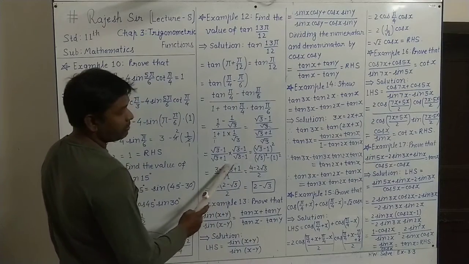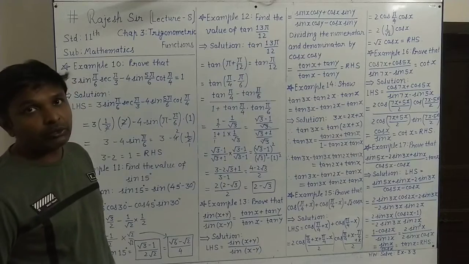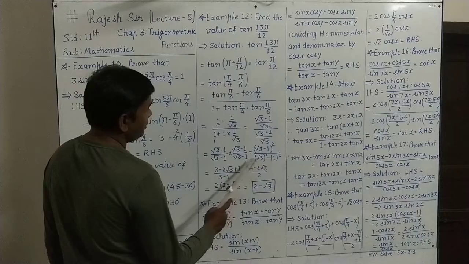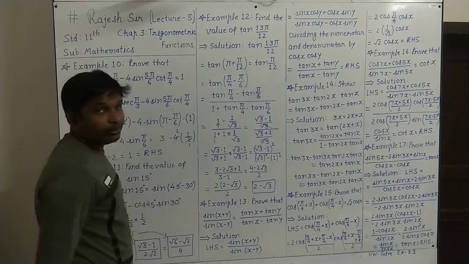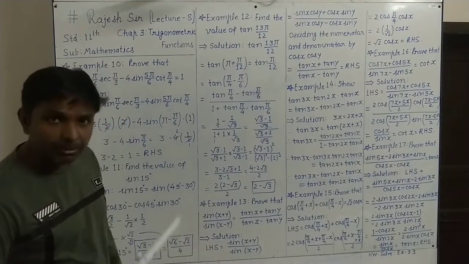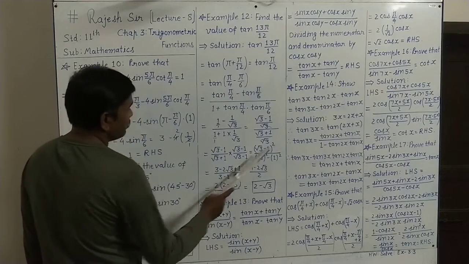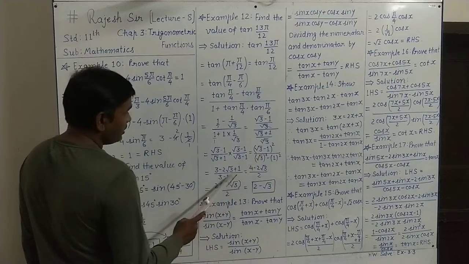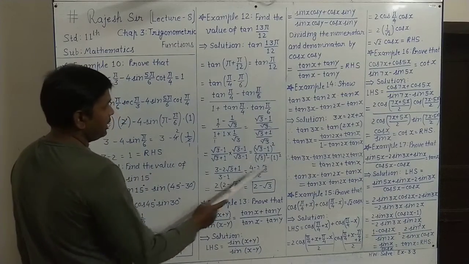This is like a plus b, a minus b. For a plus b and a minus b, you know that it is a square minus b square. So it is a square, meaning root 3 square, minus b, meaning 1 square. The numerator is of the type a minus b the whole square. In a minus b the whole square, you know the expansion a square minus 2ab plus b square. That we have used. A square means root 3 square is 3, minus 2ab means 2 ones are 2 root 3, plus 1 square is 1. And down there root 3 square is 3 minus 1 square is 1.